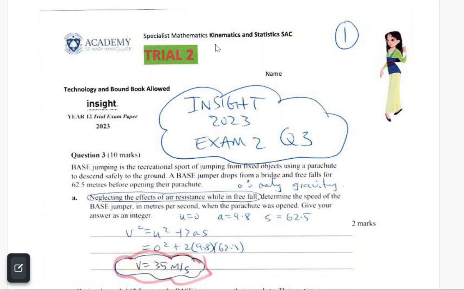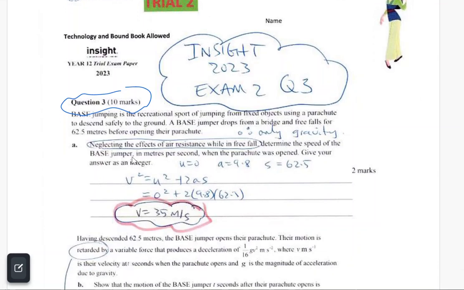This comes from trial number 2 in the kinematics and statistics SAC, and it's question number 3 only, so it's about the base jumper. Originally, part D in the question wasn't included, so as a result, it made doing the question quite difficult. Okay, so it starts off with a